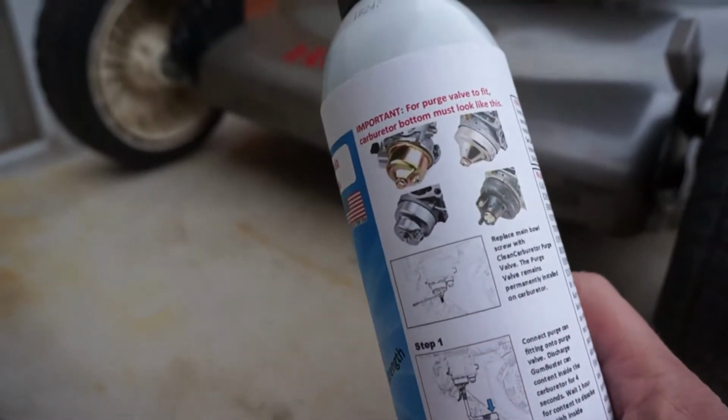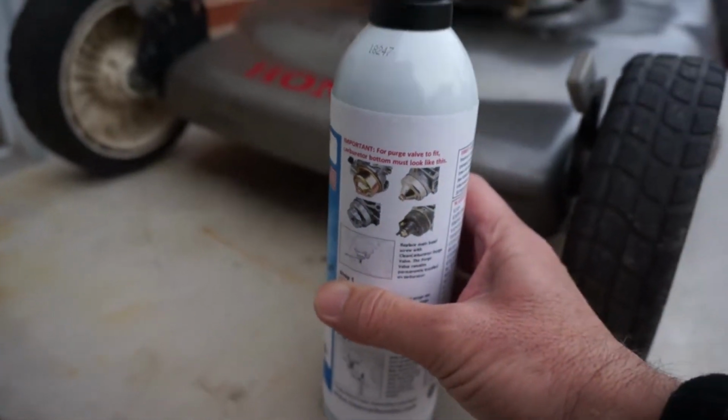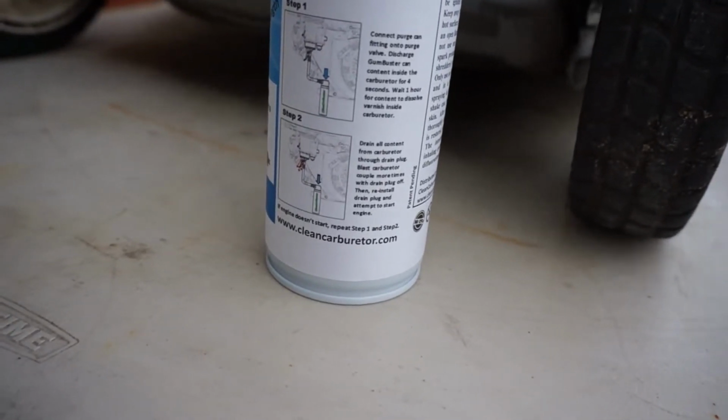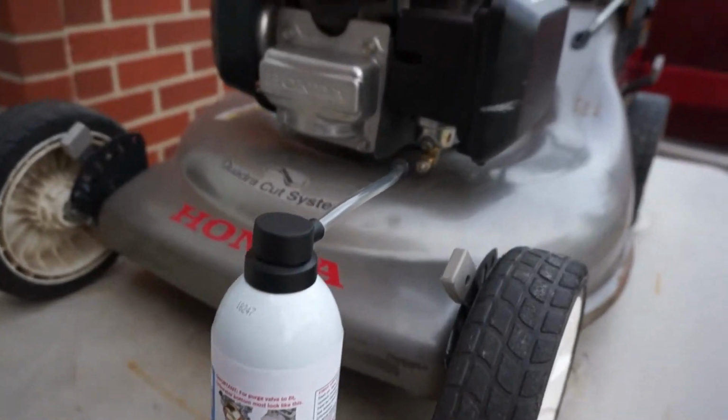And the back has the instructions showing how to use it, and the type of carburetors that it will fit. Either way, this is the product made by cleancarburetor.com. It can be purchased online, and with this one,